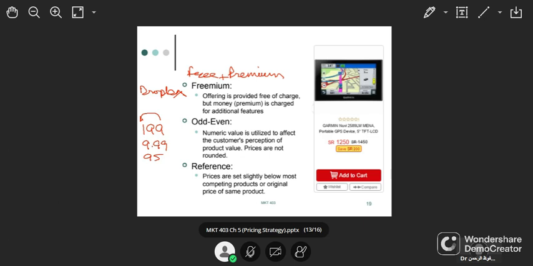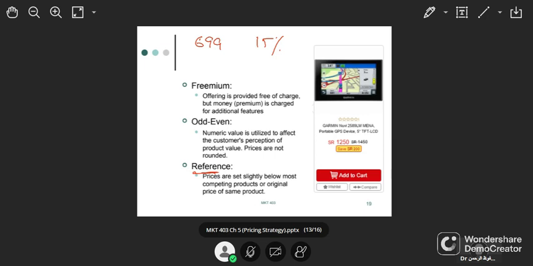Reference price. Now, what is reference pricing? See, the name says it all. A reference. You create a reference point. Now, if a company says, let's say, 699, 15% discount. 15% discount on 699. Now, if you have to calculate